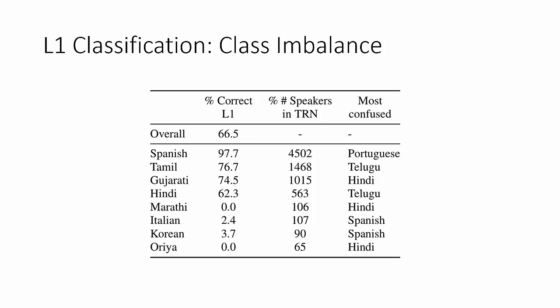You can see there's a lot of class imbalance in the dataset. For high resource languages like Spanish and Hindi and Tamil, which have a fairly large number of speakers, the classification accuracy is pretty high, like 97.7% for Spanish, whereas for much more uncommon languages in the dataset like Oriya and Korean, the classification accuracy is pretty terrible. Like Marathi and Oriya, you get 0% correct,